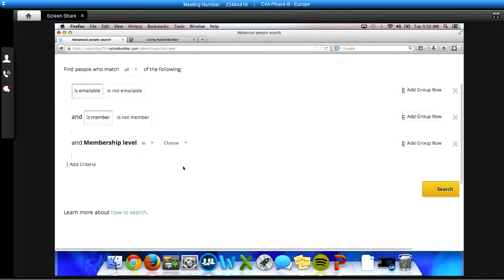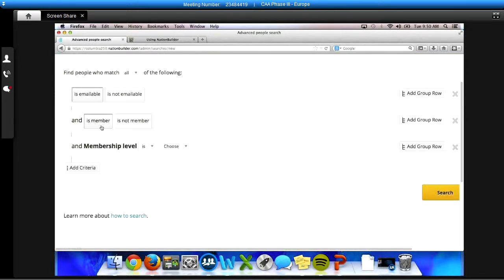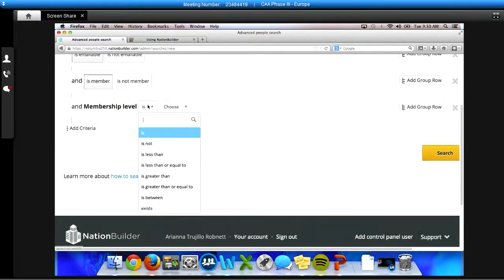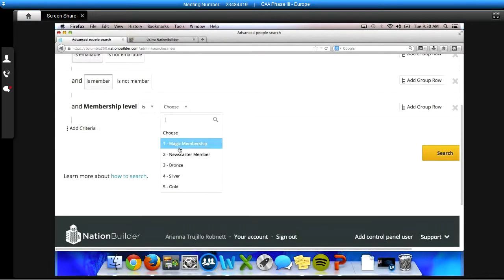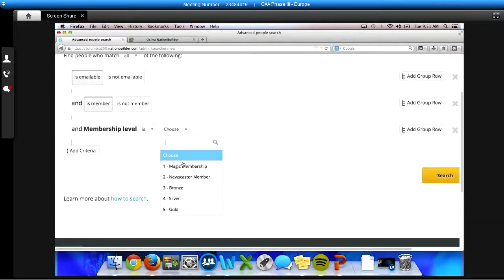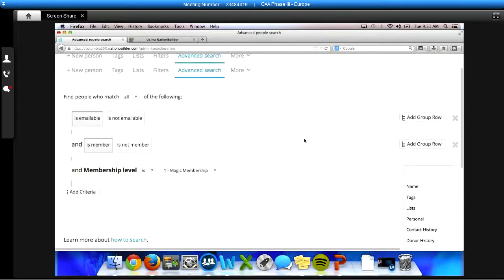You can search by membership level and it will give you the options. You can either say is a member, period, it doesn't matter what, or you can say membership level is, and pick whatever membership level is the one that you want. You can also choose several membership levels. So if you want everyone who has a magic membership and